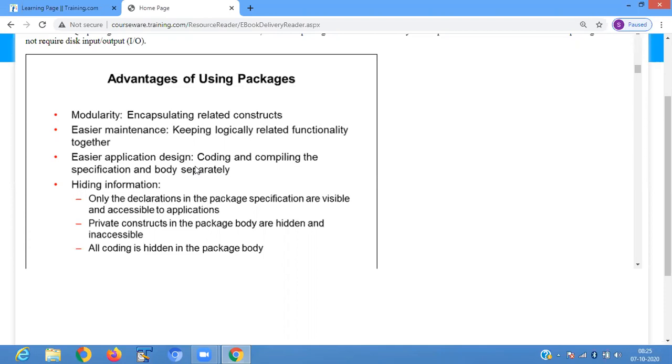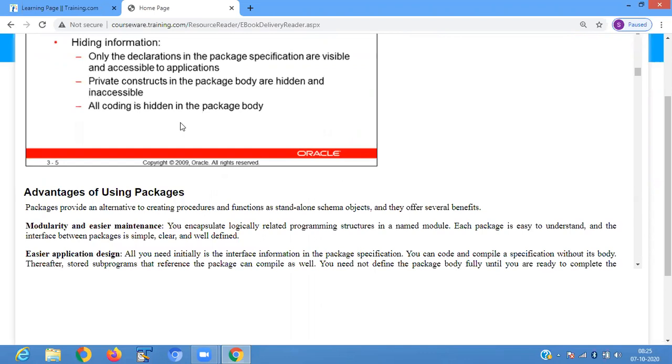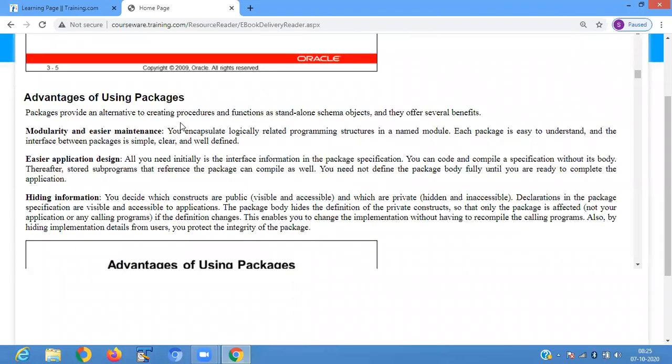The variables you define in the declaration part are used in the implementation part. So in the implementation part you cannot see the things that you have declared. So these are the advantages.